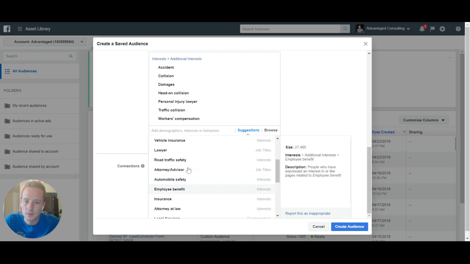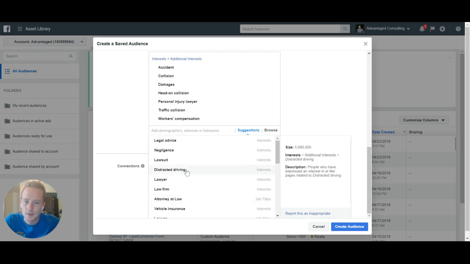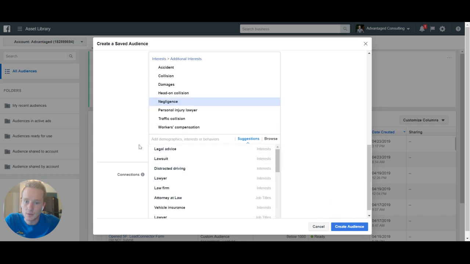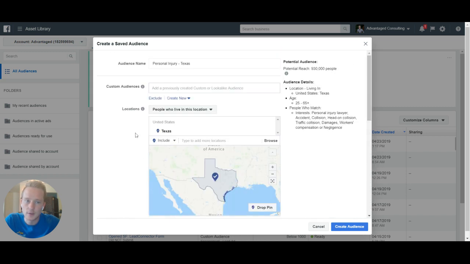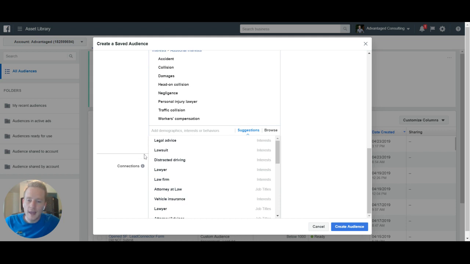There was a couple other ones on here. Negligence was one. Legal advice might have been one. Okay. This is going to kind of limit it to workers' comp, of course, workplace injuries, and auto accidents. So you can broaden that and do a lawsuit on there.